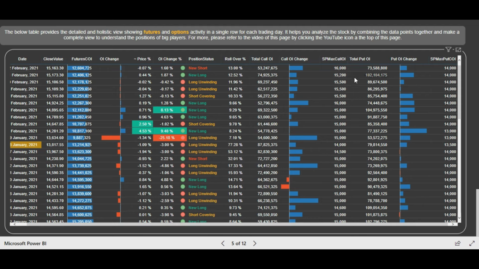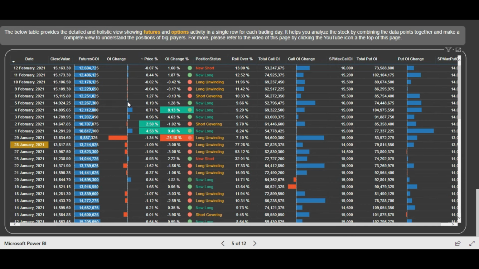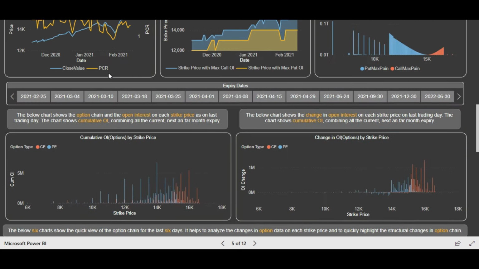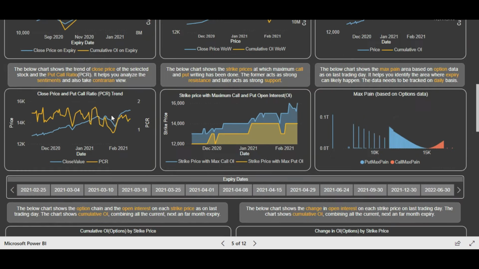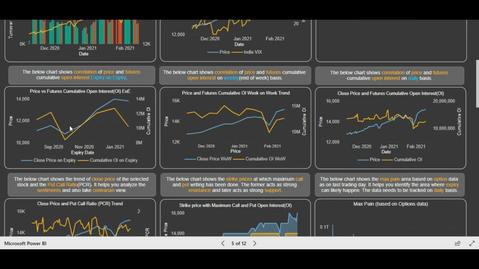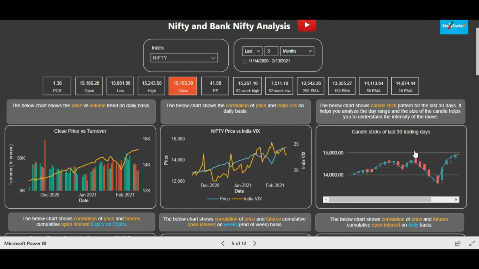So you can see that we have also shown the major support and resistance level. This is the resistance level where the maximum call writing is done, and major support level, right? So in this table we generally show the data like this so that you can take a holistic view, and also combining these particular metrics, that is PCR, option chain data and the futures cumulative open interest data. So friends, in this way you have to analyze the data, and if you analyze the data in this way, you will take very good and high probability trades.